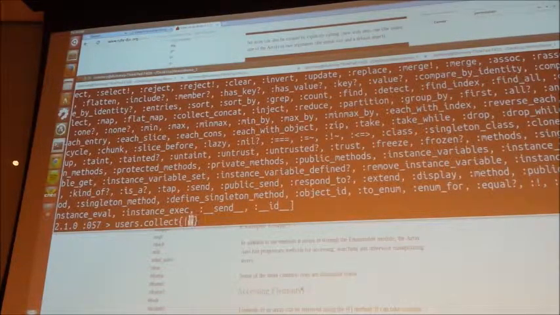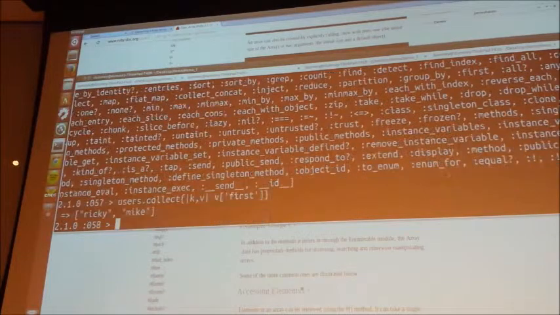Okay, I am calling method collect. I'm passing in a block, which is kind of like an anonymous function. That says that my block takes in a key value pair. Since I have a key value pair, I'm going to do the value and first, I believe, is what I'm looking for. Yep. Yes. There you go. You do that in one line and see. But yeah, so